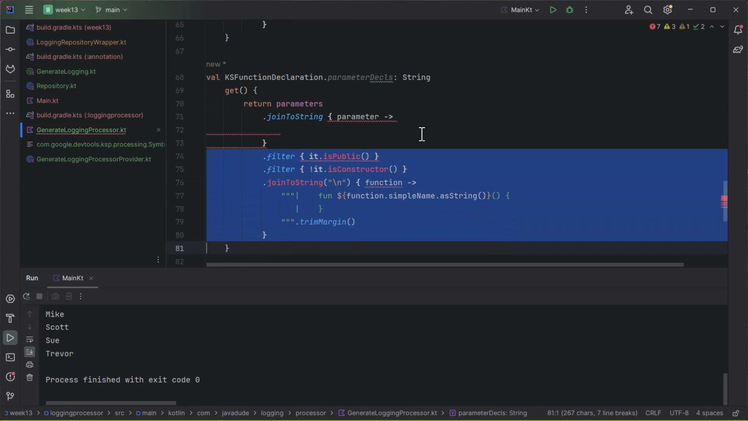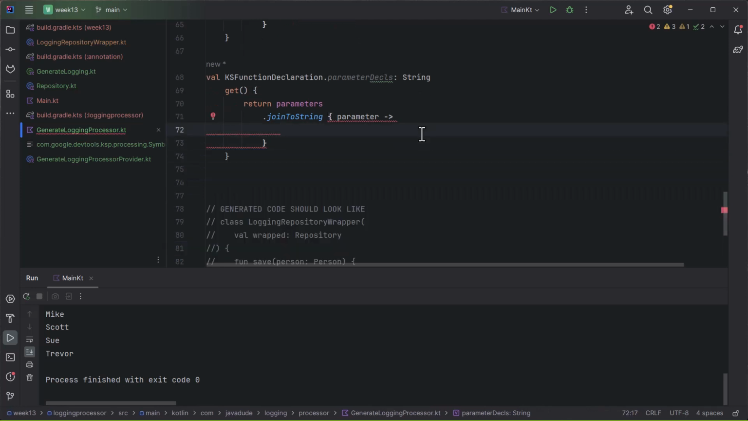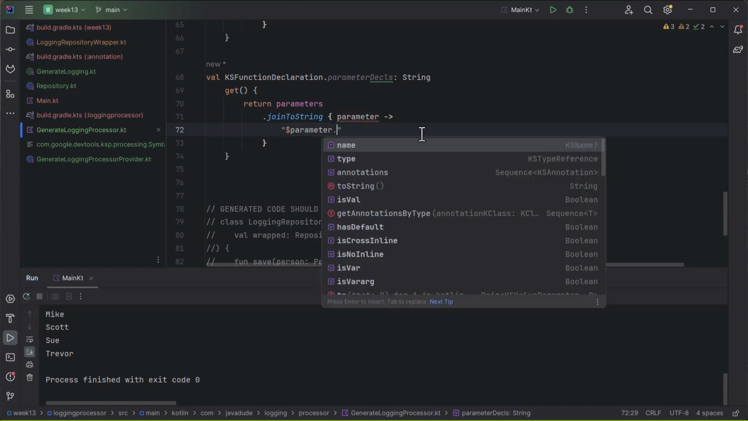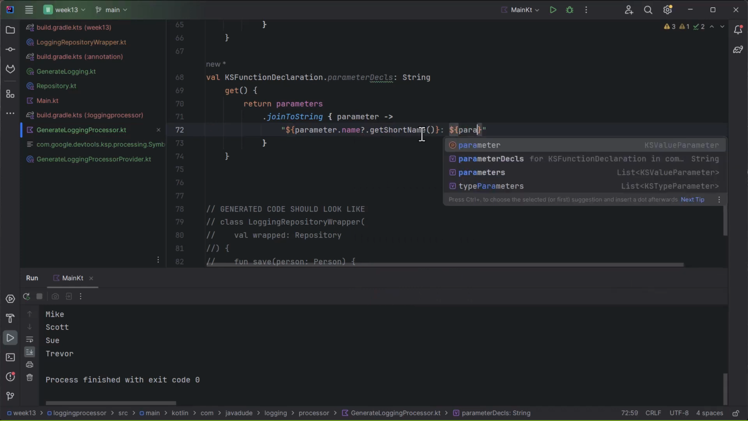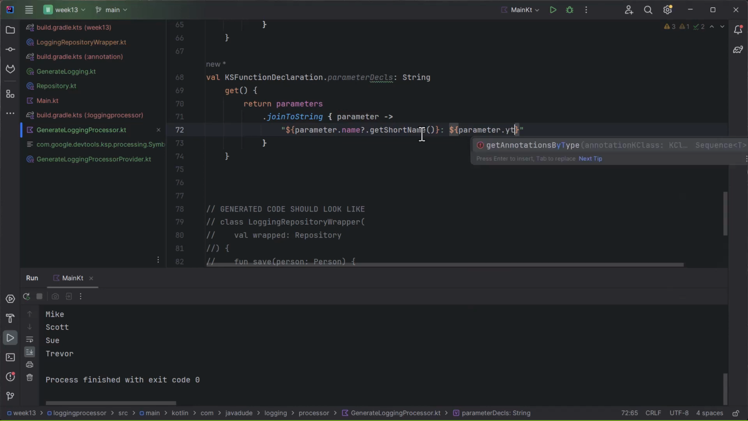And what this one's going to want to do is actually have the name colon the type. So we're just going to have that be $parameter.name, and we'll do a question mark dot get short name colon $parameter dot type. And the thing with the type that's interesting here is that this type object, if we take